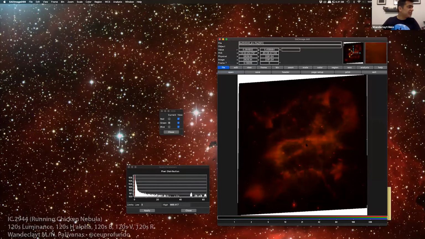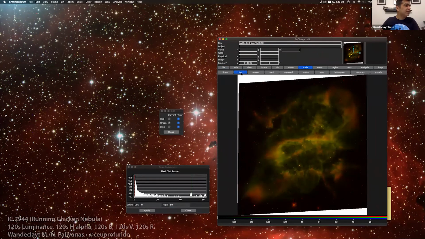Okay, it's somewhere over here, but you see that there's something yellow here. Yellow, it's green plus red, but I want it to be brighter, so I'm going to use a smaller value here. But 50 perhaps. Oh, a lot better. The scale is already log, it's fine. So look,